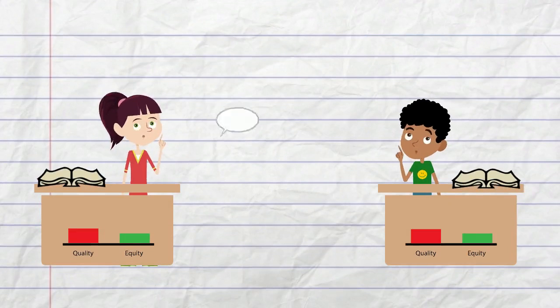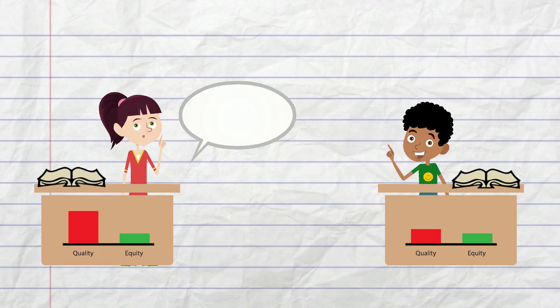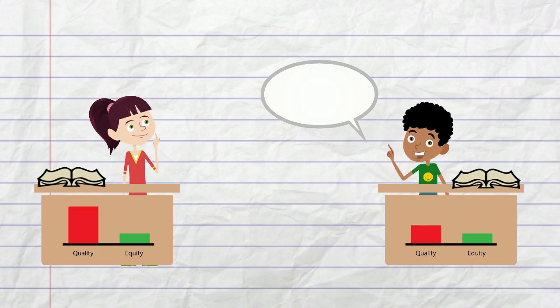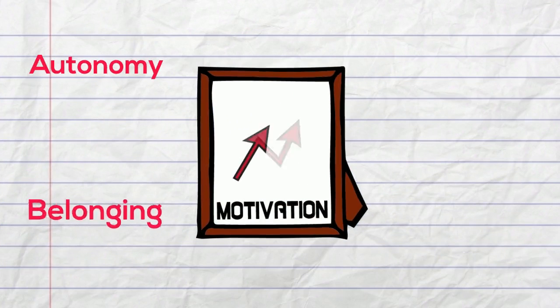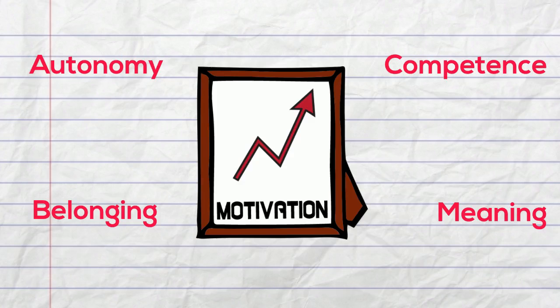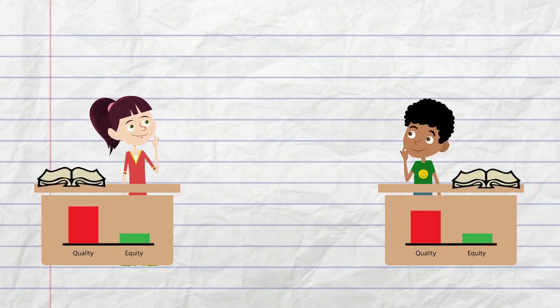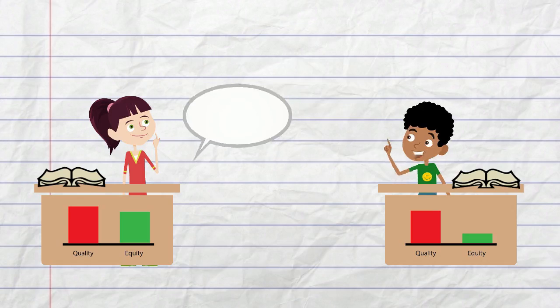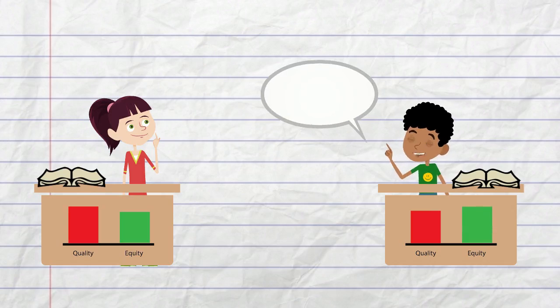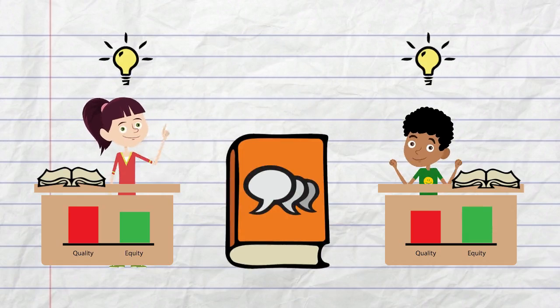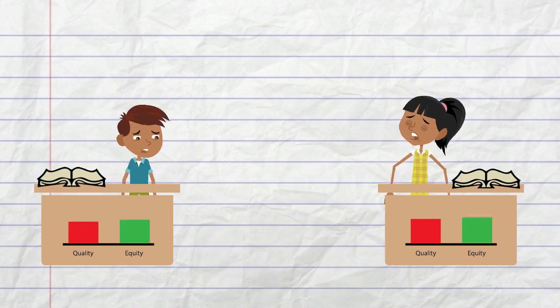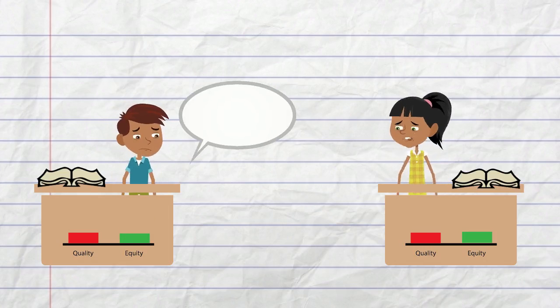Teachers know that peer discussions are abundant with benefits for our students. For example, discussions play a key role in developing student feelings of autonomy, belonging, competence, and meaning, the feelings our students need to find intrinsic motivation for learning. In addition to increasing motivation, engagement in peer discussions furthers essential skills for learning, such as academic language and information needed for reading comprehension. However, not all students benefit from peer discussions during daily lessons.